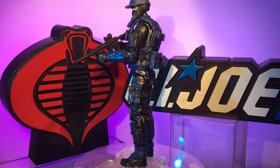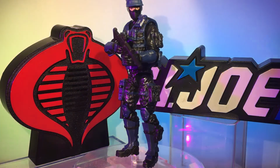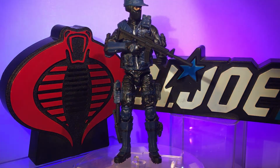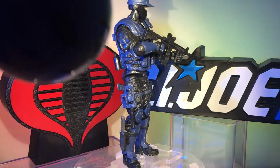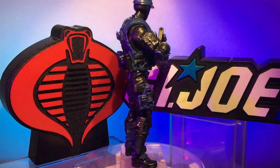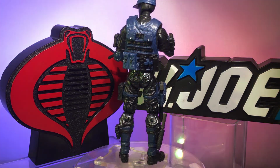Just trying to think, what would a SWAT person carry? Lots of pockets for ammo. You see these ammo pockets. Now he of course has lots of good dry brush painting to give him some character, some depth. Wear to the armor. If you can see on the legs, and if you can see on the wrist armor, he's definitely got wear, like he's been around the block a time or two. Flashbang grenade, smoke grenade,